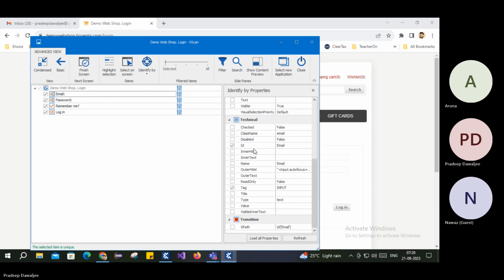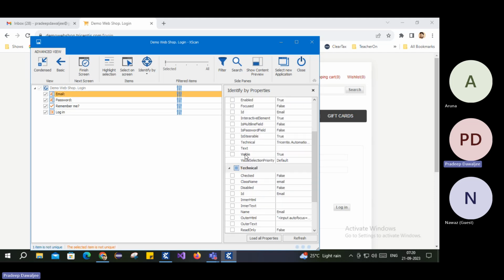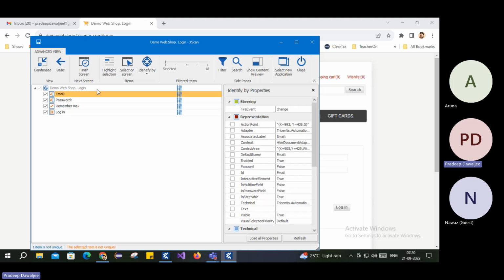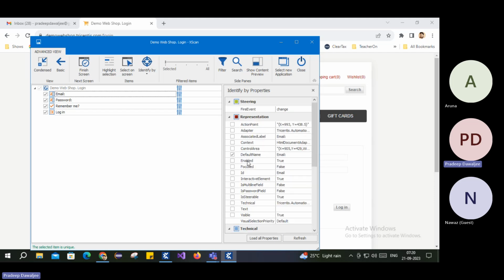So yeah, I'm good with this ID. Or else, sometimes I don't use ID, and then if this is not unique, I'll take the default name. Like that also you can do. And XPath also it gives, but I would suggest not to use XPaths in this. So instead of XPaths, just take these properties. If these properties don't help, then let's move on